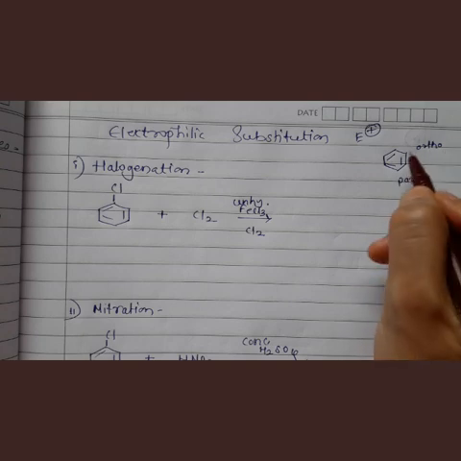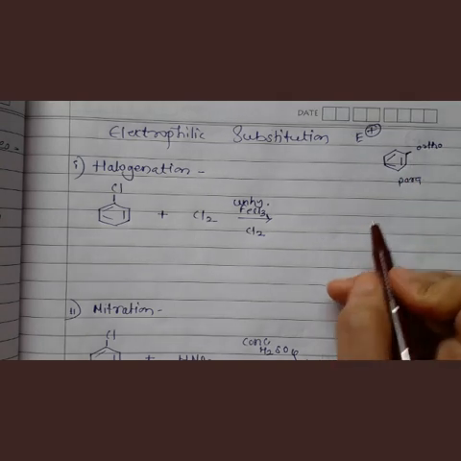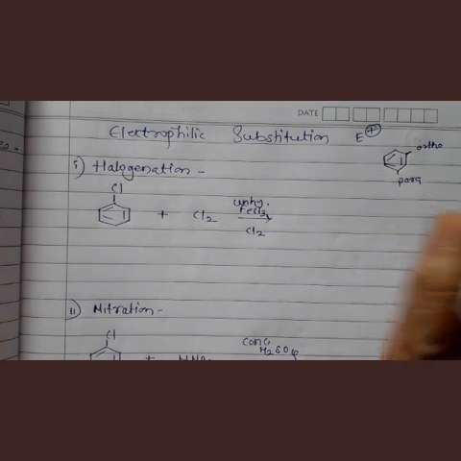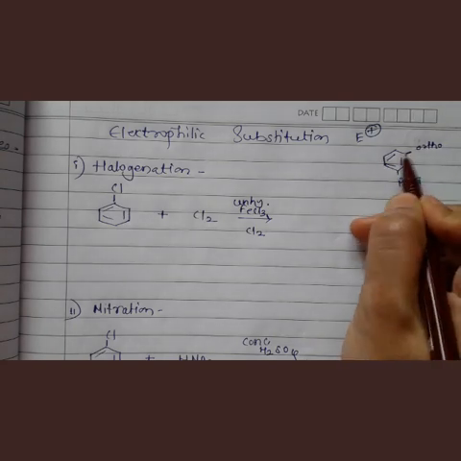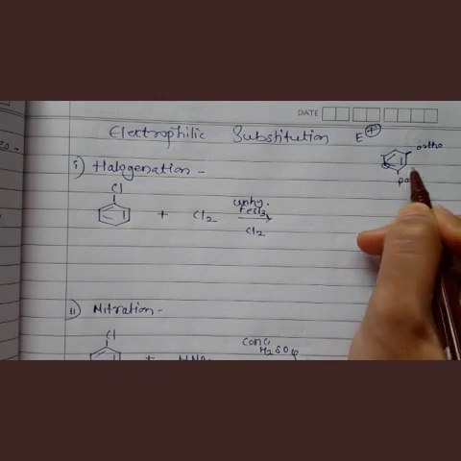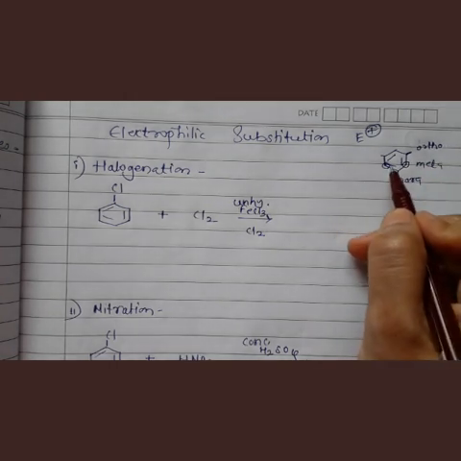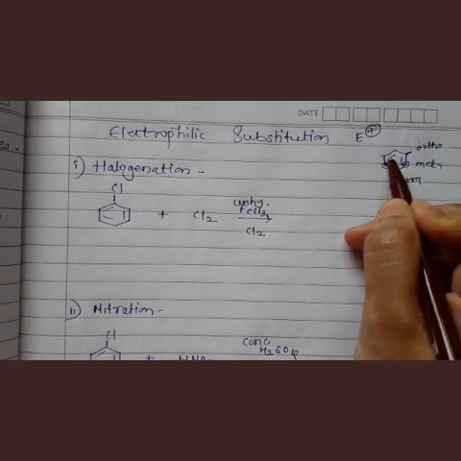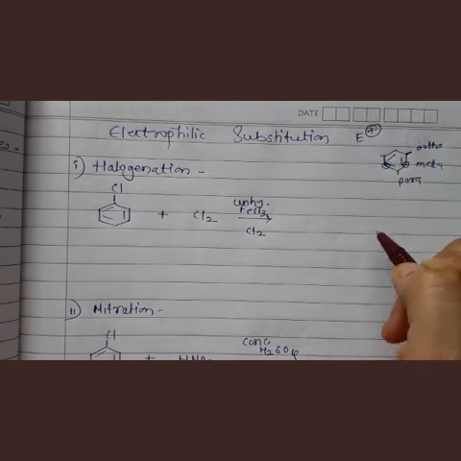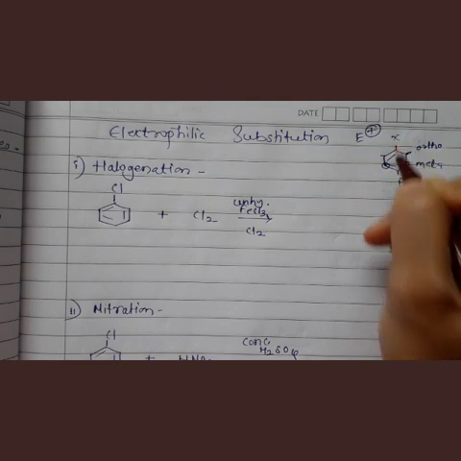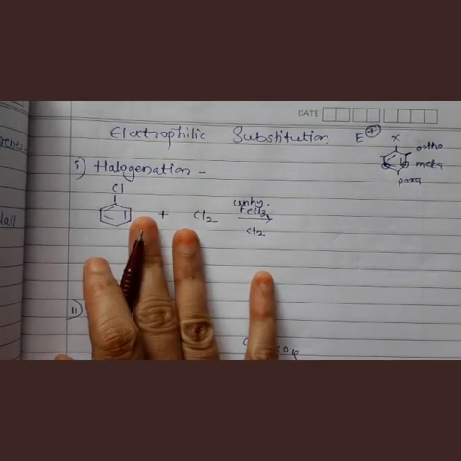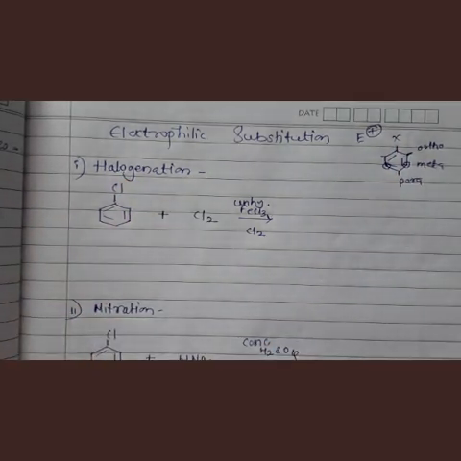This is ortho position, means here your electrophile will attack and here will attack. Remaining position it will not. Ortho positions are 2. This also, this also. But on these positions, these are meta positions, right? So your electrophile will not attack on these positions. Either these two ortho or this one para. Understand? And here your halogen will be there. Okay. So see, first reaction is halogenation reaction.